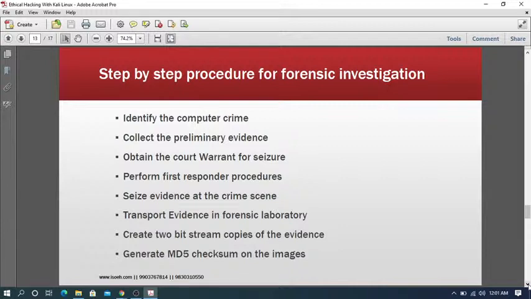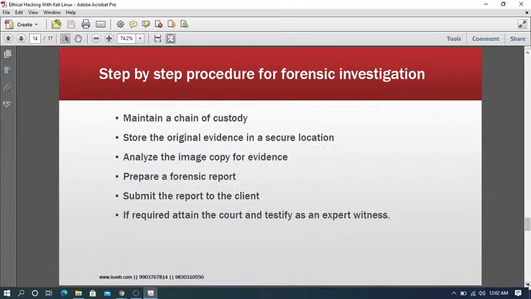Then perform the first responder procedure as I told you and seize the evidence at the crime scene, and then transport the evidence to the forensic laboratory while maintaining the proper chain of custody, and then create bit-stream copies of the evidence and generate the MD5, SHA1 or SHA256 checksum on that particular image to check the data integrity. Right. Maintain a chain of custody, store the original evidence in a secure location,